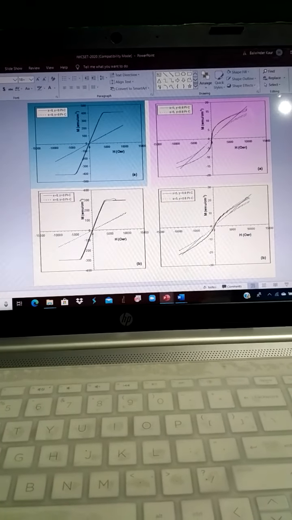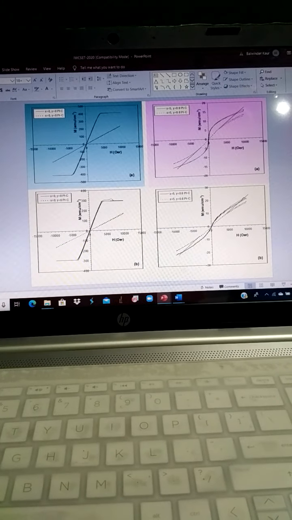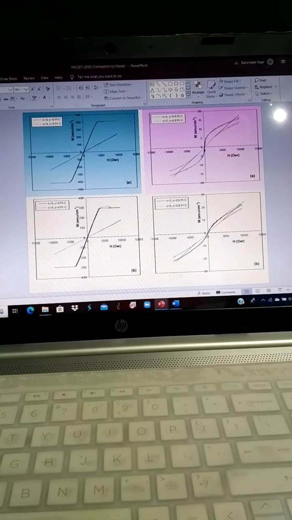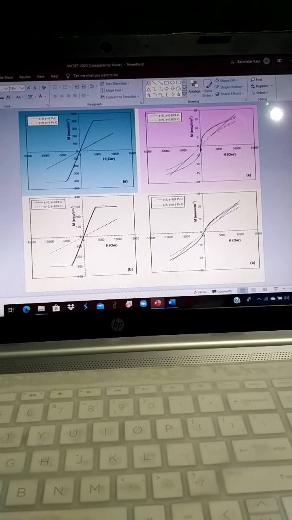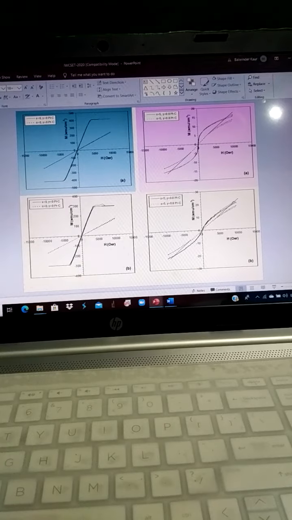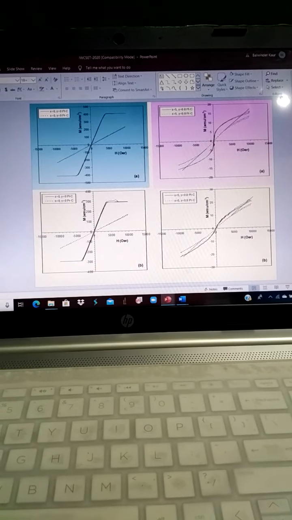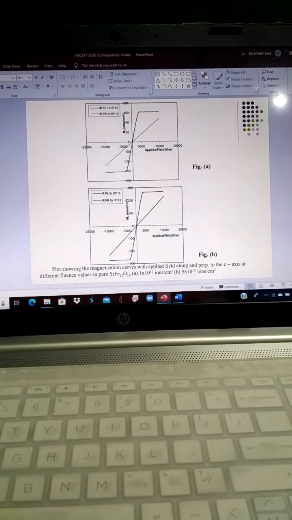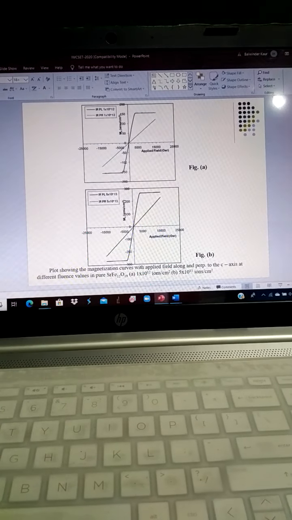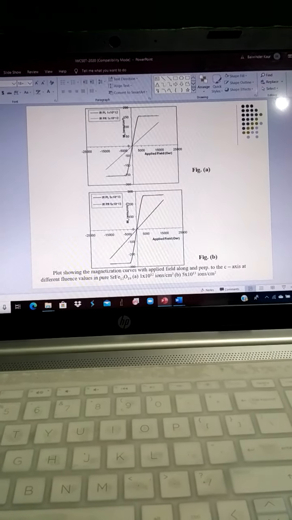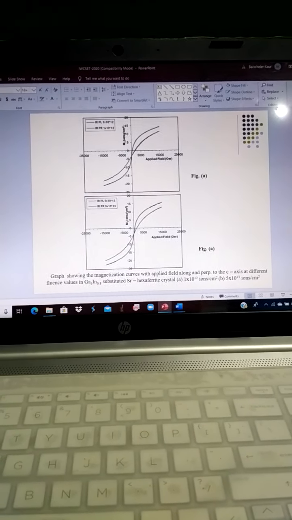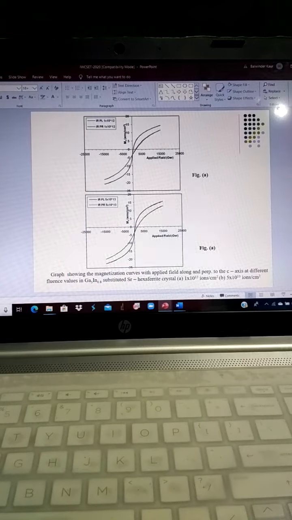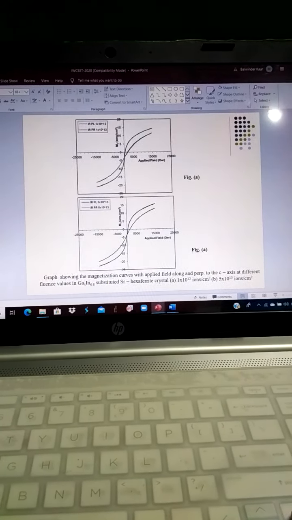This particular curve was drawn to calculate the value of anisotropy field, and here the straight line extrapolation method was used to find the intersection point, and the point of intersection gives us the anisotropy field. Now this also is given in case of the pristine sample and the irradiated one at different fluence values. This is for the first substituted composition. The last two substituted compositions were not taken because they were paramagnetic or diamagnetic at room temperature.